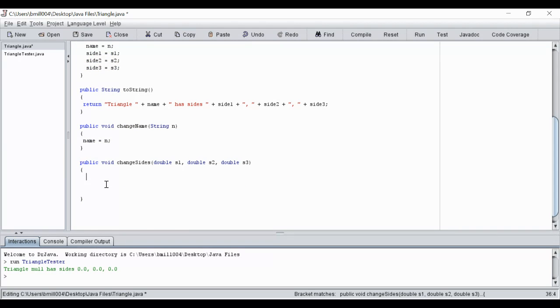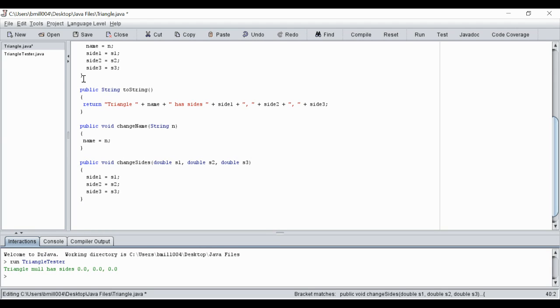Okay, so side 1 is going to equal S1. Side 2 is going to equal S2. And side 3 is going to equal S3. So now I've created some void methods with parameters to change the name and